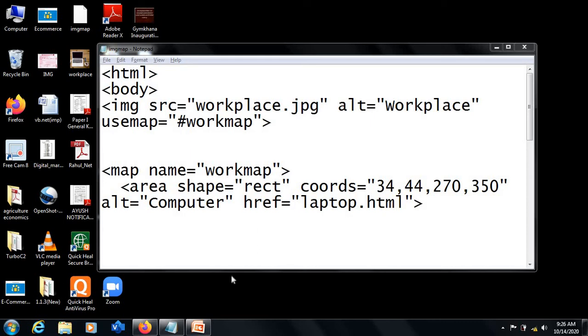Welcome to the last video of HTML. This is the last tag that you will be learning, and I'm talking about the tag called image maps. Also, in the same video, we'll be discussing the concept called SGML. So friends, this will be the last video in this particular module of HTML. Let's talk about the tag called image map.